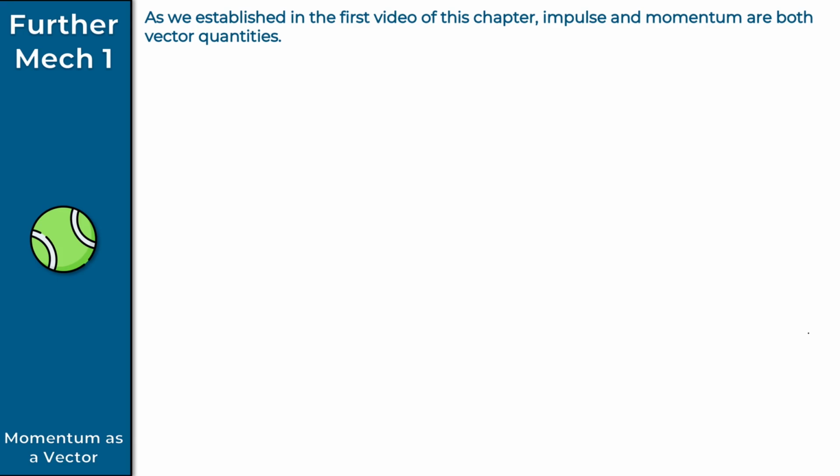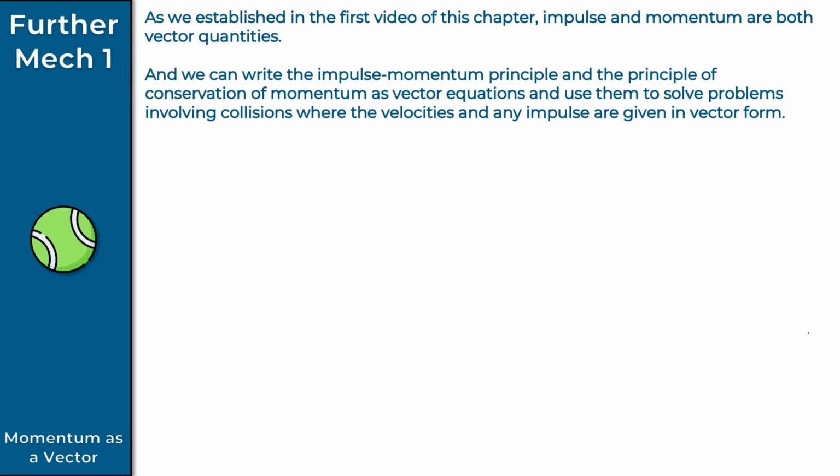In this video here, we're going to take a look at momentum as a vector. Now, as we established in the first video of this chapter on momentum and impulse, impulse and momentum are both vector quantities. And what we can do then is write the impulse momentum principle and the principle of conservation of momentum as vector equations and use them to solve problems involving collisions where the velocities and any impulse are given in vector form. So, I here is the impulse vector, which is equal to m times v minus m